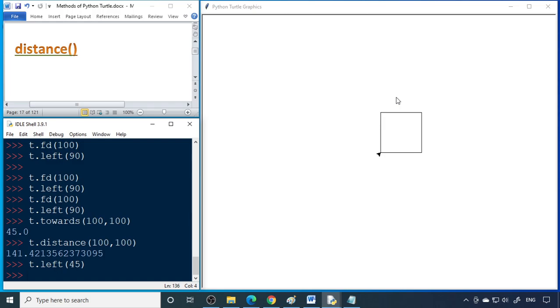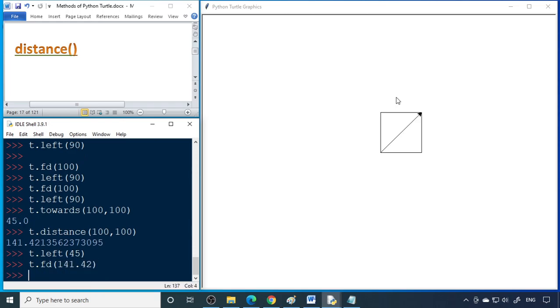It should go 141.42. So you can say t.forward 141.42, and it should reach that corner. Fine. So we are able to calculate in which direction it should go and what distance it should go. That can be calculated using towards and distance.